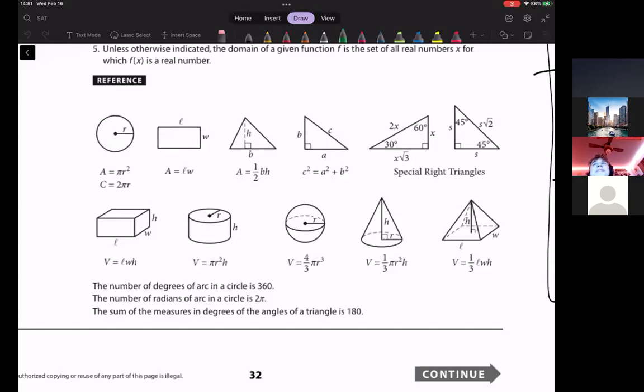I want you to stare very closely at this one. Those numbers should be very, very familiar to you, okay? A x √3, a 1x, and a 2x, that overlaps perfectly with